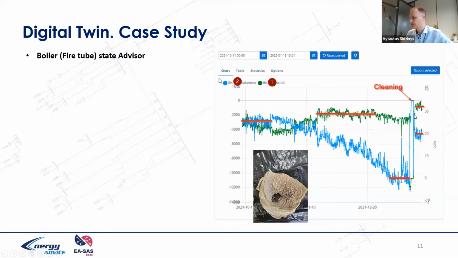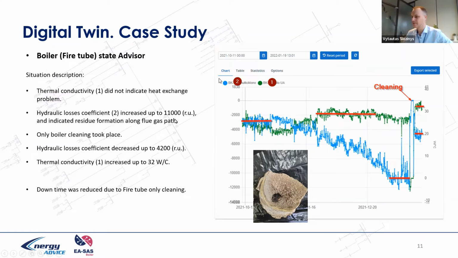And here is the moment when the decision was made to clean the boiler, and the boiler was cleaned. From the thermal conductivity we see there was no problem. In fact, it's almost even better, but the hydraulic losses coefficient was increasing, and the decision was made to clean only the fire tube side, so the client saved time for the cleaning, because the furnace was not